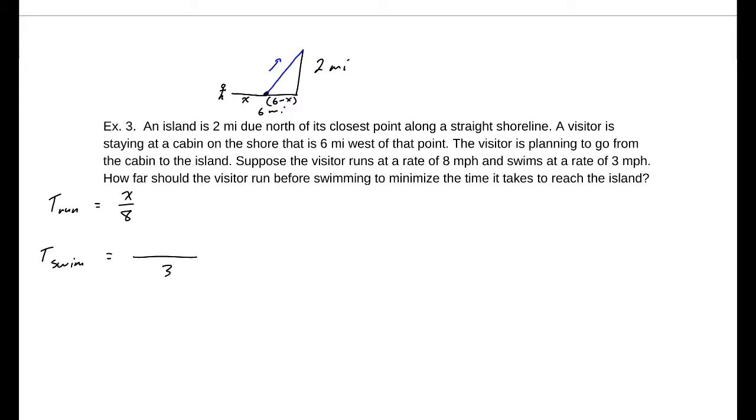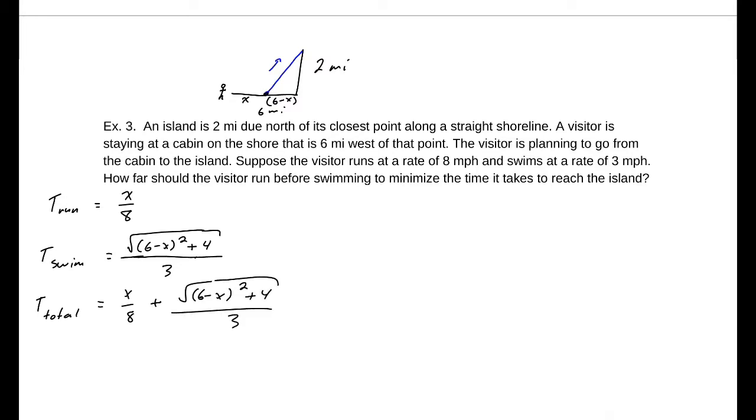Now the distance there is given by the Pythagorean theorem, the square root of 6 minus x squared plus 2 squared, so plus 4. All right, now the total time here is going to be the sum of these two. x over 8 plus the square root of 6 minus x squared plus 4 over 3. Now, to minimize the time that it takes to reach the island, we need to take the derivative of that function. All right, so t prime